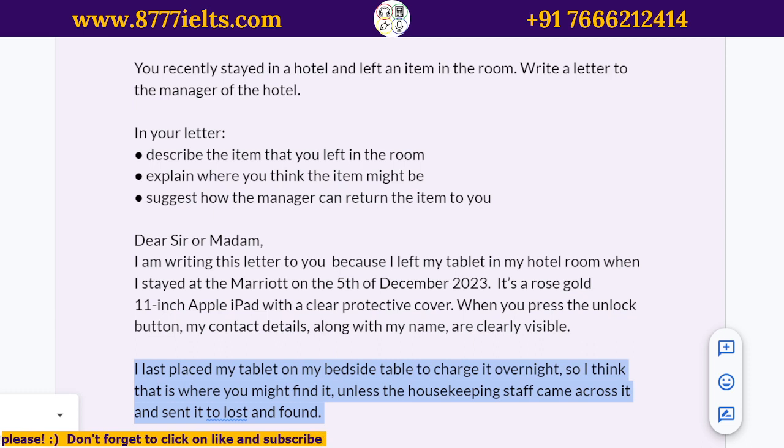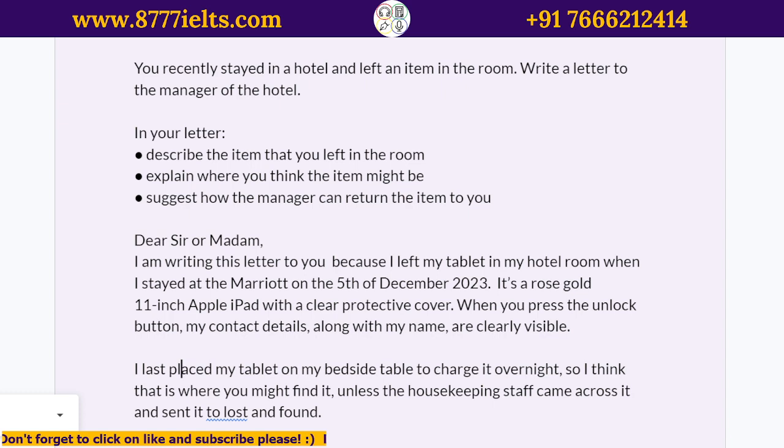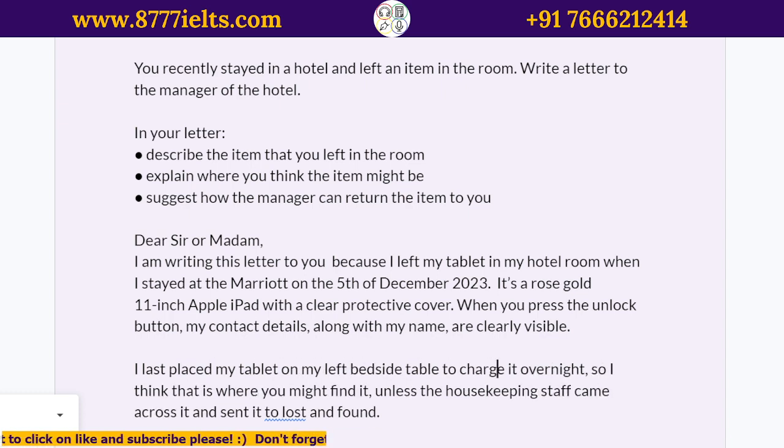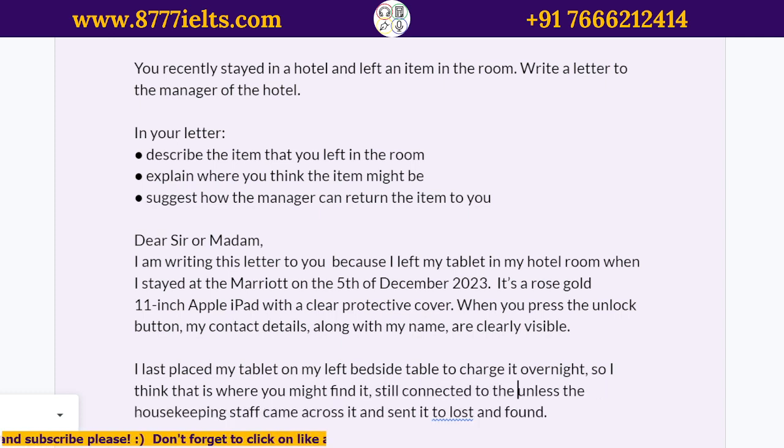So I last placed my tablet on my left bedside table to charge it overnight. So I think that's where you might find it, still connected to the charger. Unless the housekeeping staff came across it after I checked out, right? Because that's what they do.